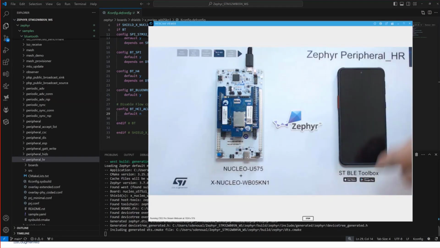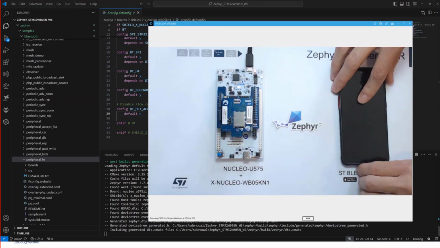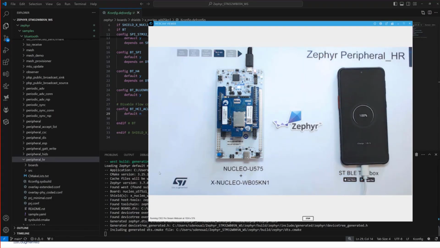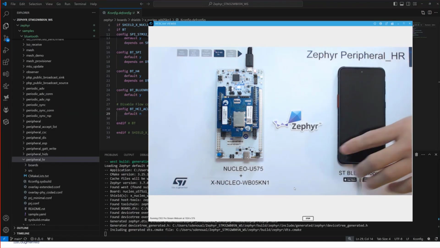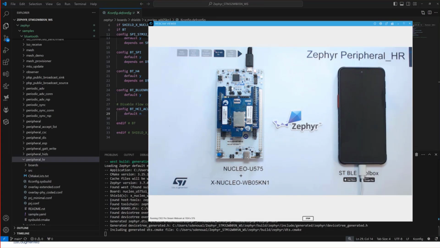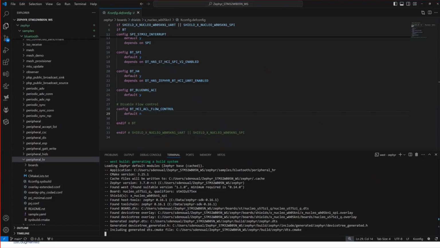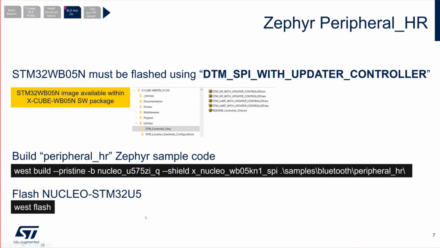In the meantime, to ease visibility, I will also connect my smartphone to mirror my screen. It will ease the test. It looks like my laptop is a bit overloaded because it takes some time to build.